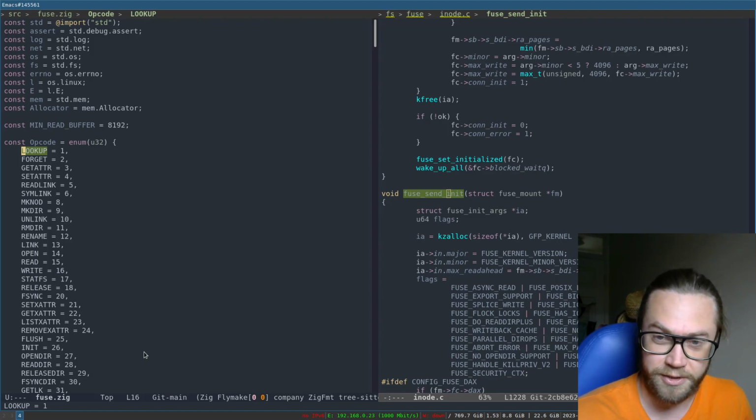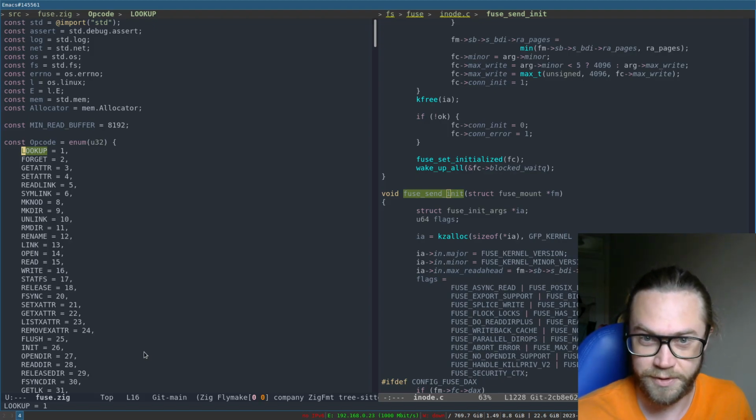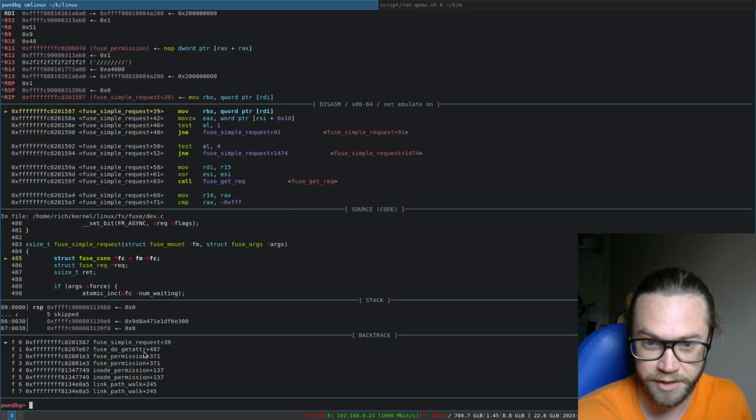I explained in the article what I'm trying to do with set extended attributes, so I won't go into that. But yeah, I thought first we'd get lookup,